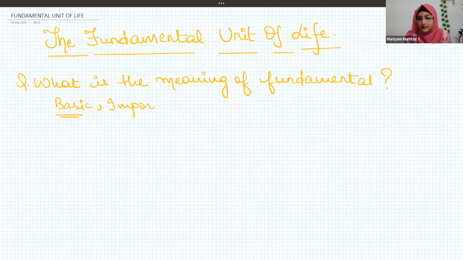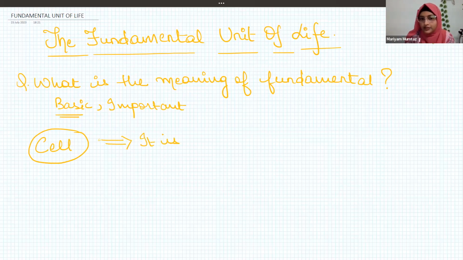So this particular chapter tells us what is the most basic or the most important unit of life. Now, what is it? The basic or the fundamental unit of life is the cell. So this whole chapter is about the cell. So what is a cell? We can write cell as it is. You can also write it down in your notebooks. Okay, it is the